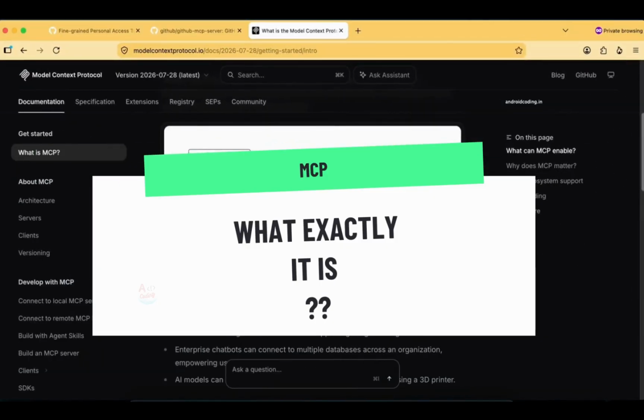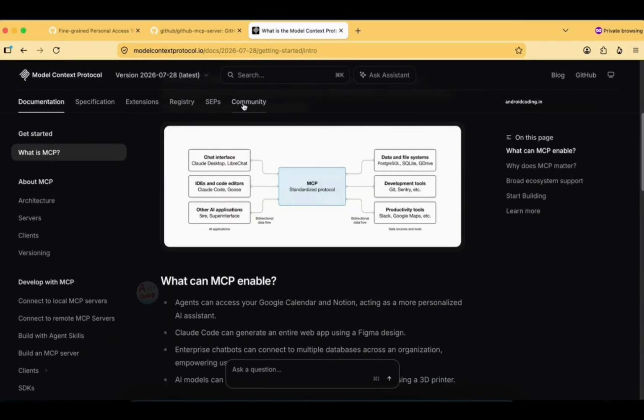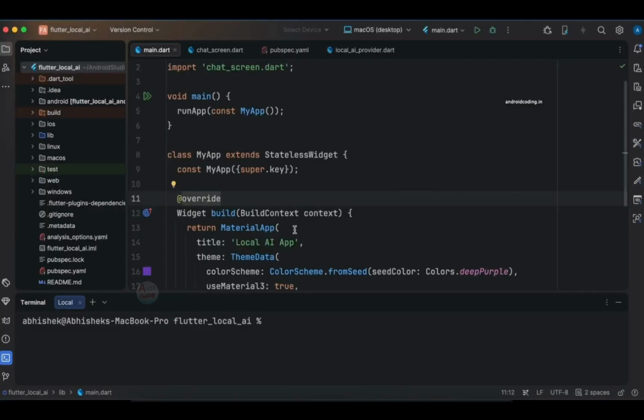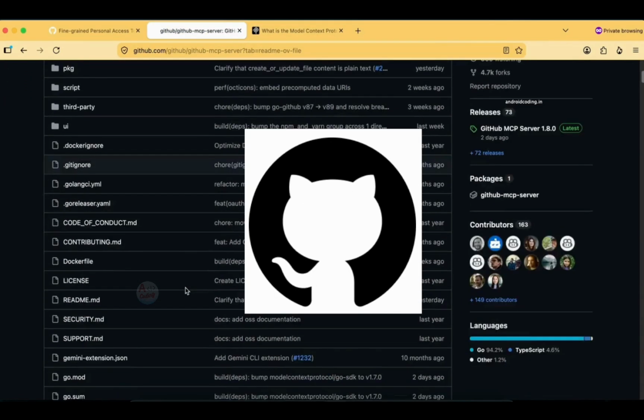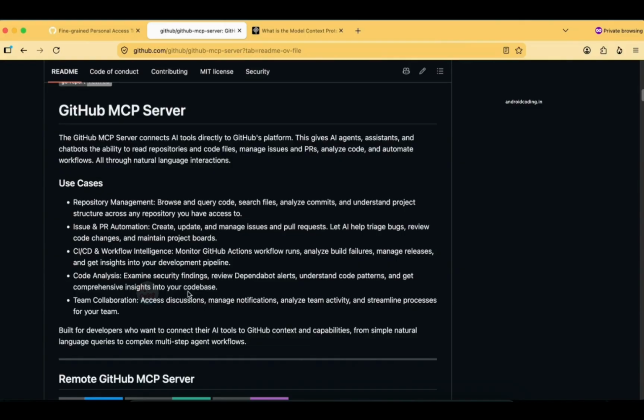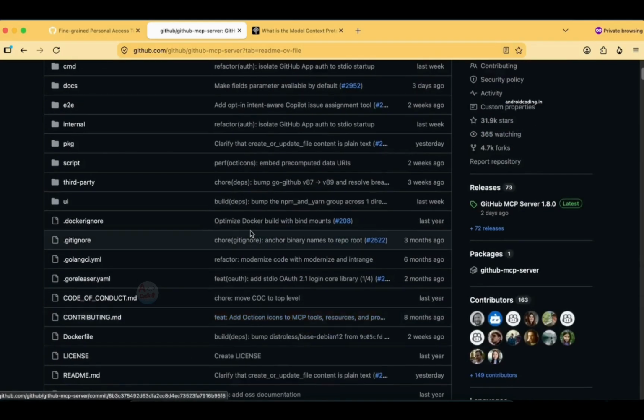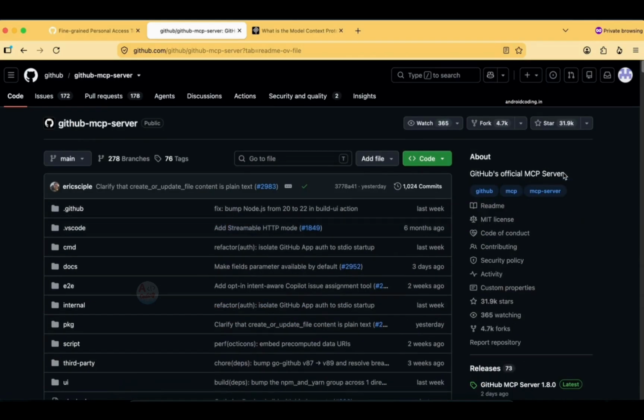So in this video, I'm going to teach you MCP by implementing it directly inside Android Studio, and for which I'm going to use the most common tool, most required for developers as well, that is GitHub. So we will be implementing GitHub MCP in this particular vlog. By the end of this video, you will understand the core MCP concept and also the approach of implementing MCP in any IDE. So let's get started with this particular vlog now, and here is the official MCP server GitHub link